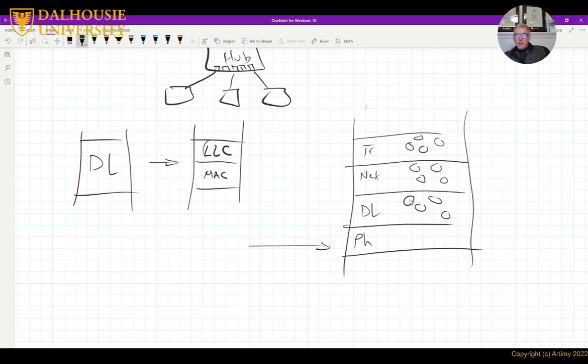The data link layer maybe wants to know which network protocol it needs to forward the packet to. So we have multiple protocols. And also the network protocol needs to forward the payload to the transport layer.